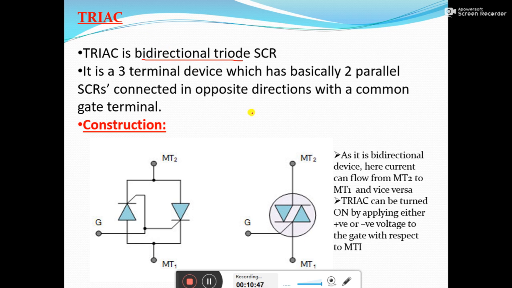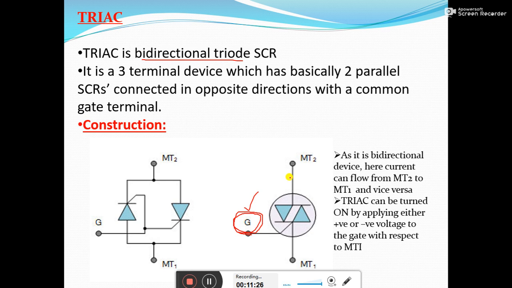In case of diac, there were two diodes connected in anti-parallel fashion, and the current was bidirectional. Here also this is a bidirectional device, but there will be a controlling terminal to decide the breakover voltage, that is, a gate will be there. Like SCR, here also there will be a gate. But in case of SCR, it was never operated in reverse biasing fashion, but this triac can be operated in reverse bias fashion as well